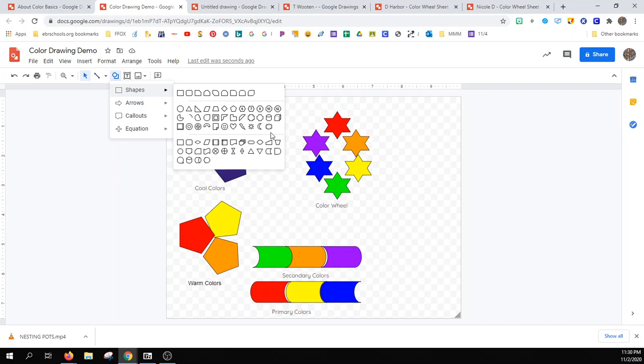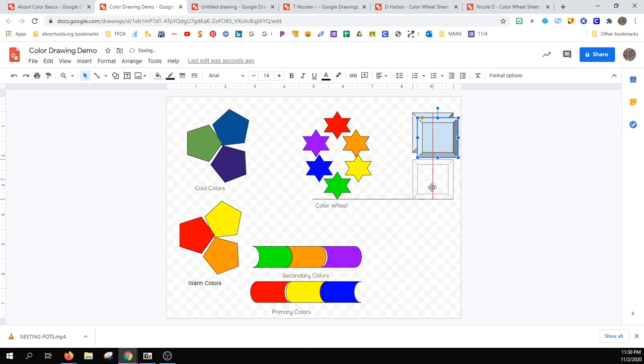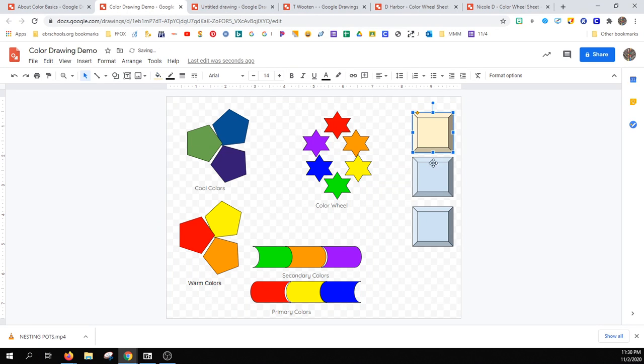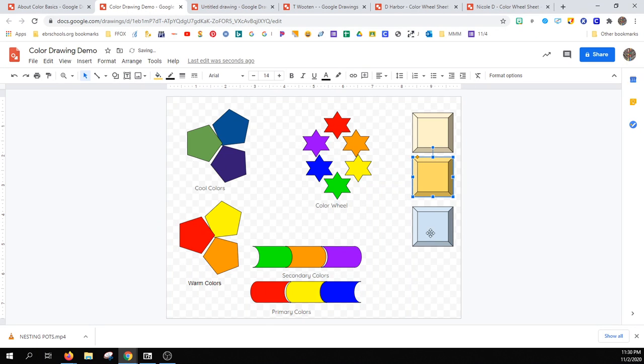Let's choose an interesting little object. I like the bevels. Those are kind of neat. Control C, Control V, 2 and 3. And so the first one would be tint. So it would be a color that has white in it, a very, very light color. What would be the middle ground would be the basic yellow there, and then the one on the bottom would be the darker one. And again, we will label